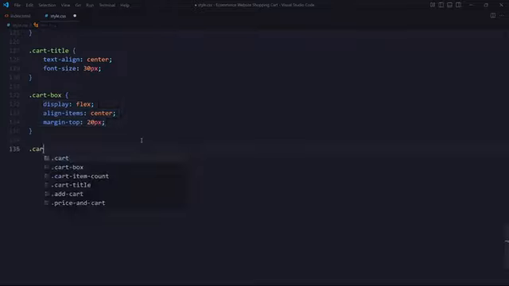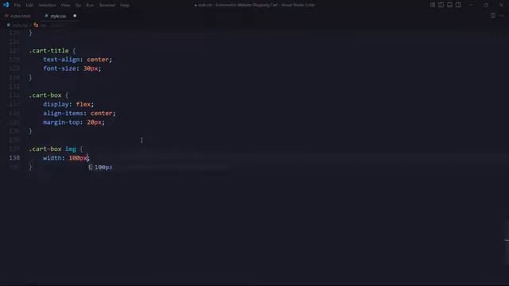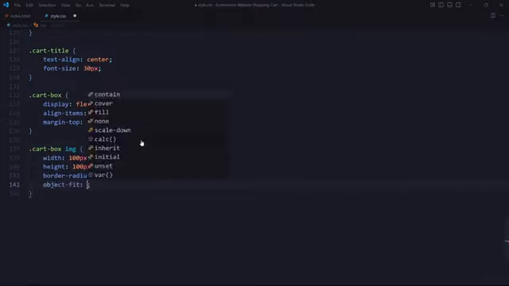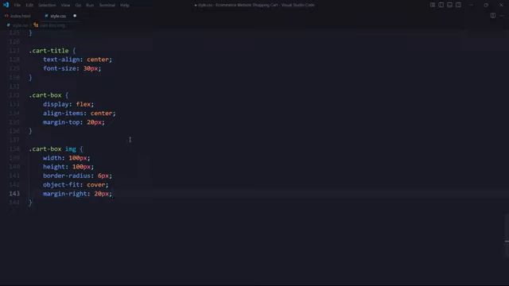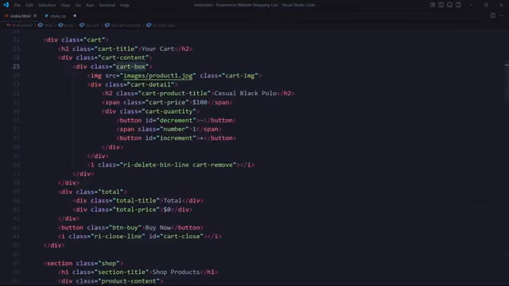For the image element inside cart box, width 100 pixels and height 100 pixels for the image size. Border radius 6 pixels to make the image corners slightly rounded. Object fit cover to ensure the image fills the space without distortion. Margin right 20 pixels for spacing between the image and detail elements. Then for the element with the class cart detail,